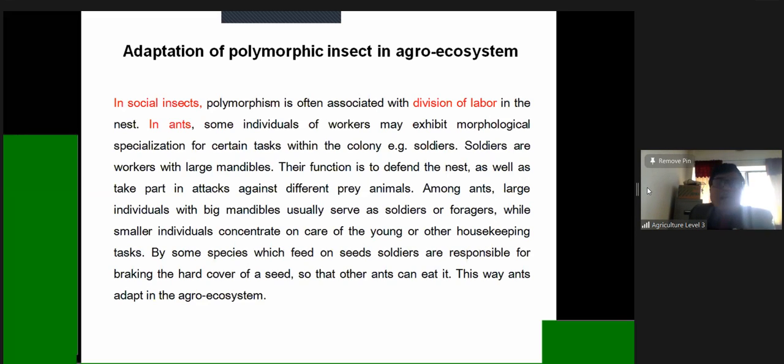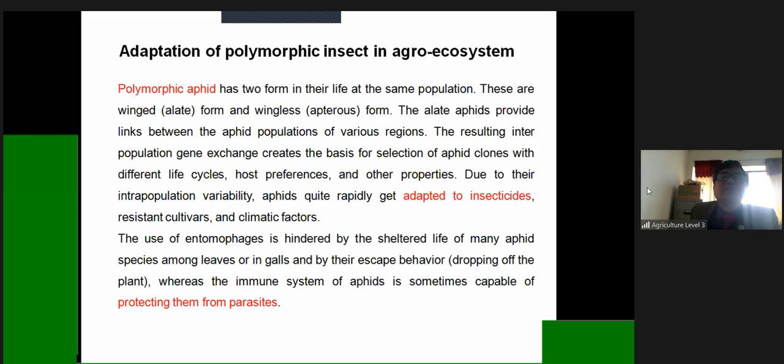All the ants are not capable of breaking this seed coat, but the soldiers with the strong mandibles are capable of breaking it, so that the other individuals of the ants can feed on the opened seed. This way ants adapt in the agro-ecosystem. Is it clear to you or not? Clear? বুঝতে পারছো বিষয়টা? আচ্ছা, আমরা নেক্সট স্লাইডে যাব।